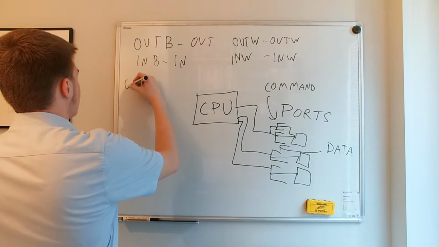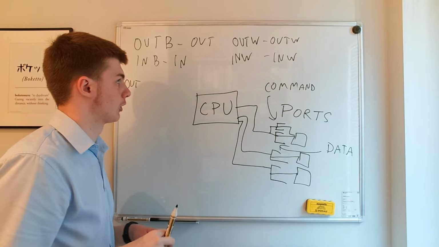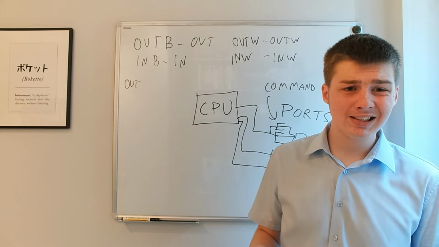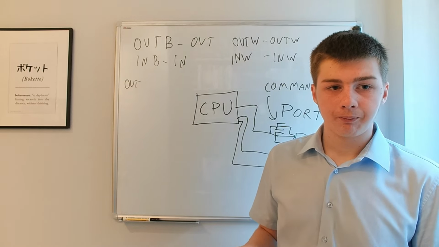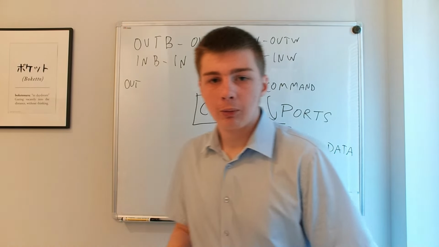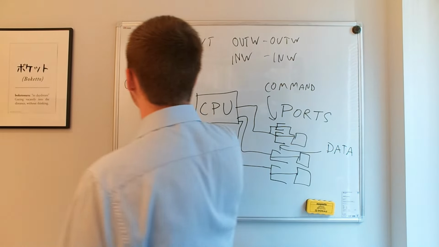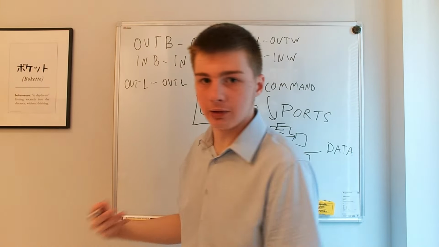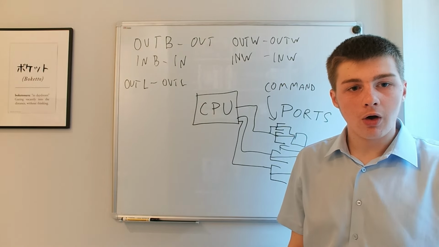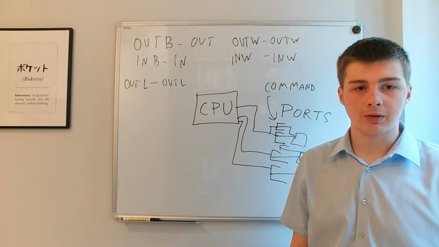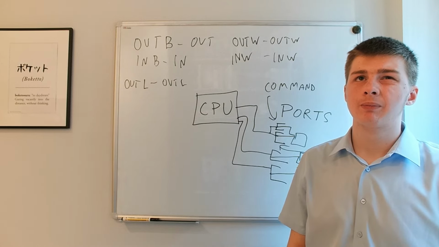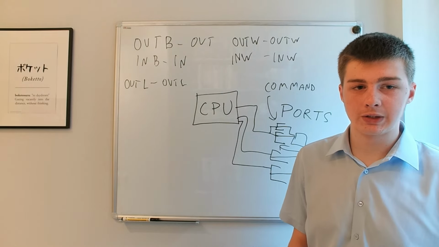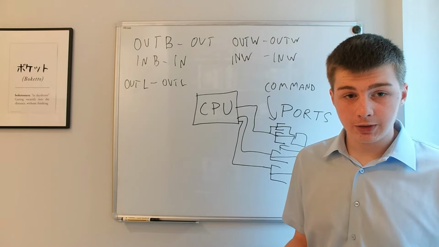Then there's also the fact that the names can differ. Many people just prefer to call it out, but you can also say outD, outL, things like that. That is because what we mean here is outputting a 32-bit value, which corresponds to outL, long. Something that is long, many people associate it with 64. Actually, that's not a fully correct association. In the programming language it is 32. It's a 32-bit value because the reason for this is that